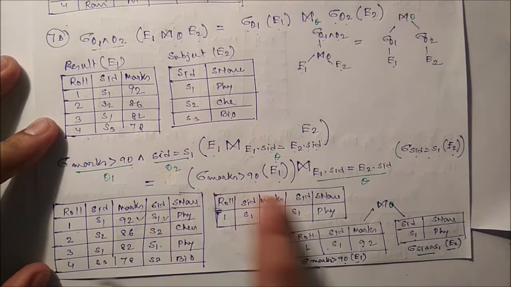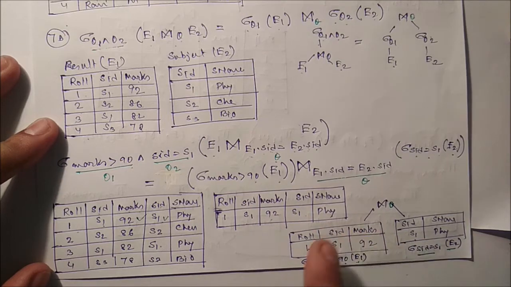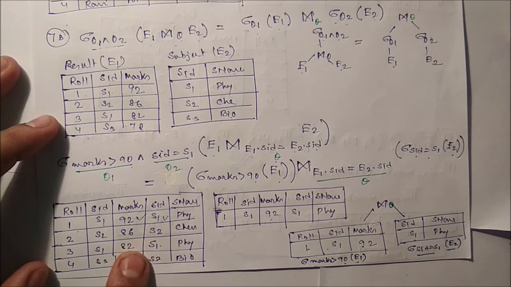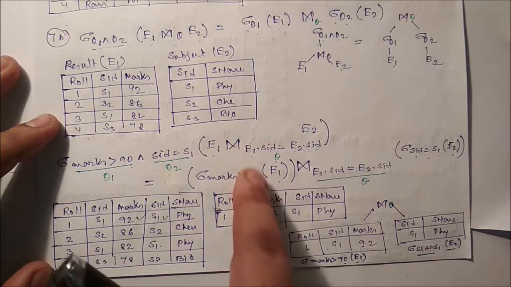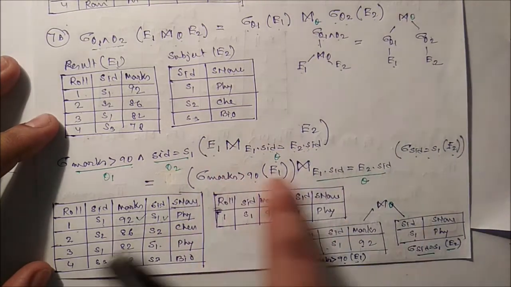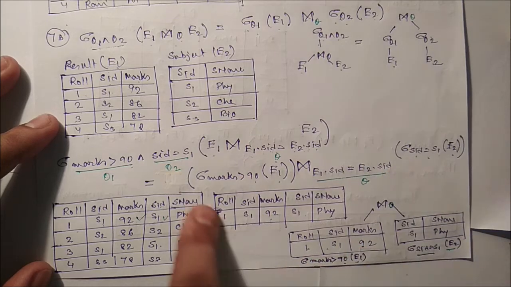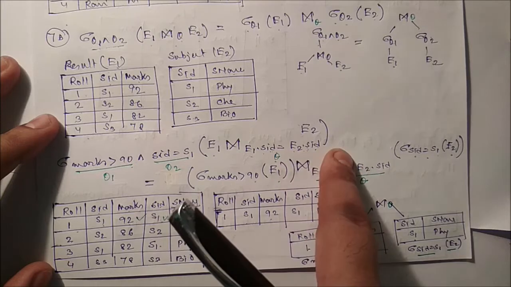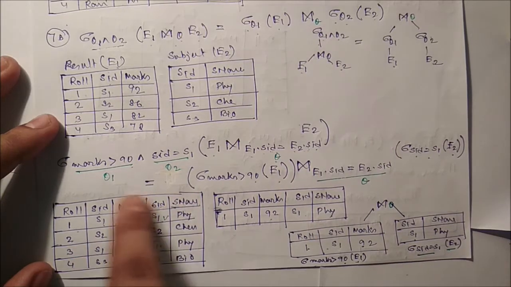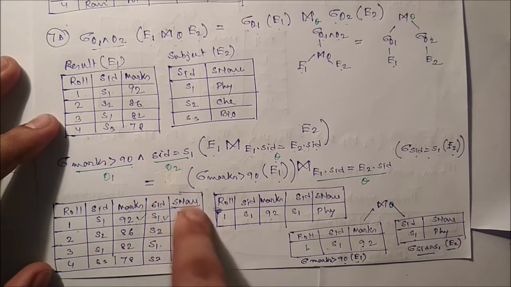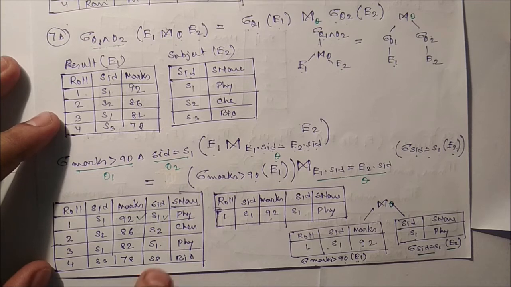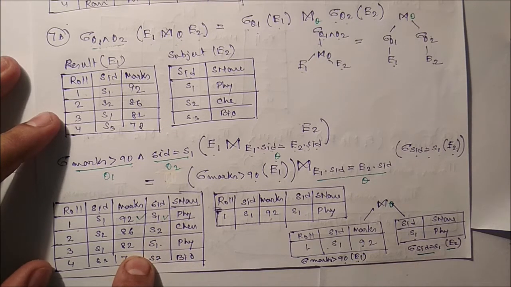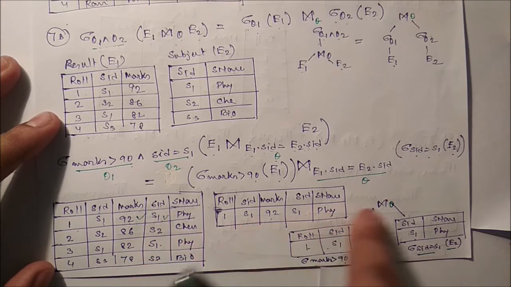And if you see this particular, now see the size of the expression table. Definitely the right side expression is better than the left side expression in this case, and both are equivalent. So definitely you have to use this particular expression, because here, see, joining is what? Here it is Cartesian product, then the selection condition. So here the intermediate result is very high. The size of the intermediate result is very high, so definitely it needs more space and time. So definitely we have to use this one.